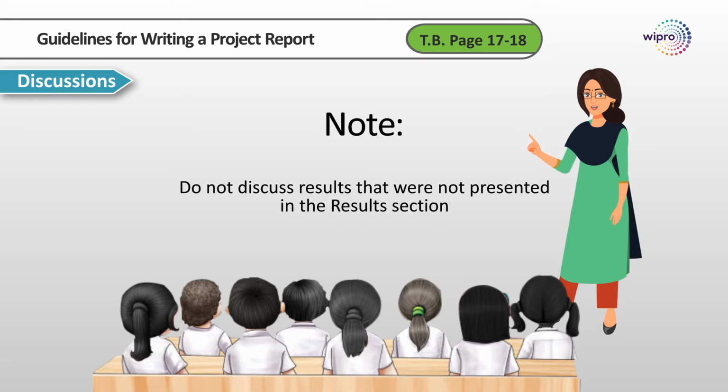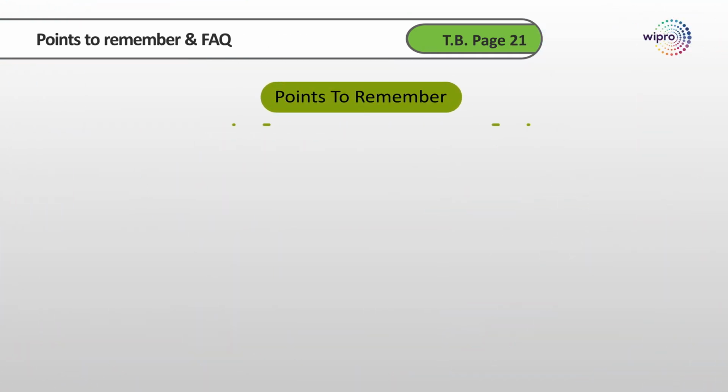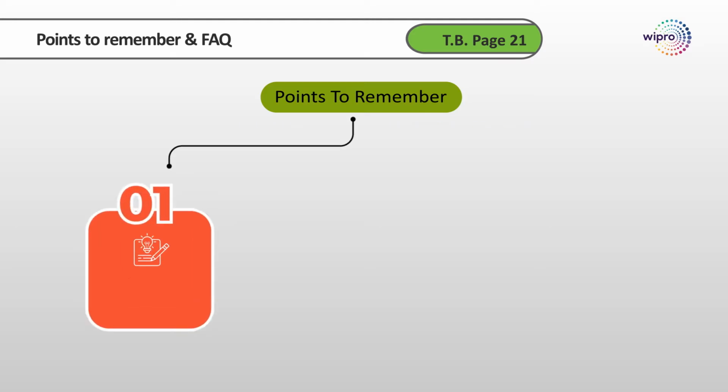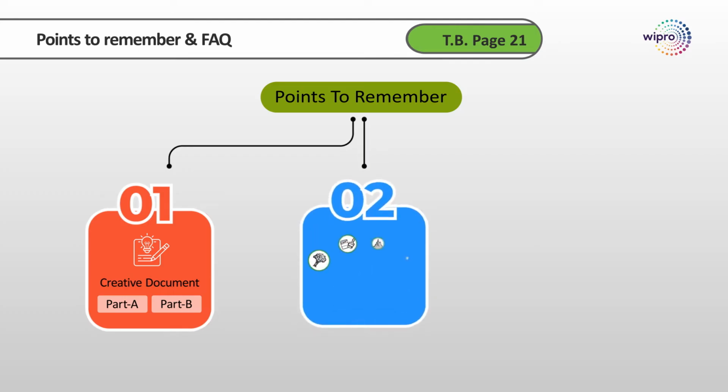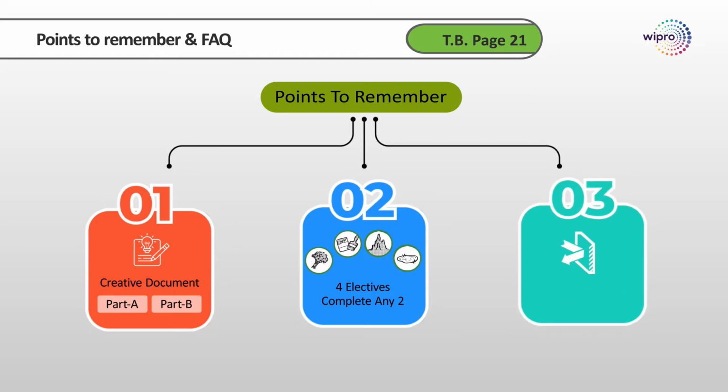Once that is done, explain the constraints, what situations, if any, prevented you from achieving your objectives. Remember the following points while doing the activities and electives. While trying to make the documentation creative, please do not forget the core tasks or requirements as outlined in parts A and B. Attempt 2 elective activities out of the 4 mentioned here in the activity book. Remember to capture as much data as possible from reflections.